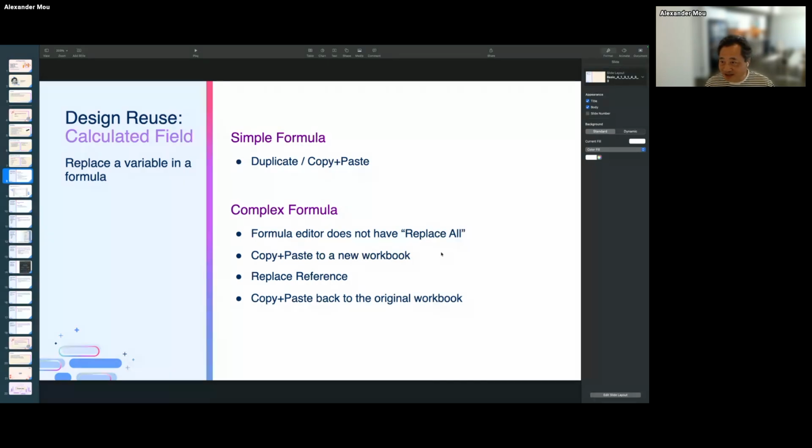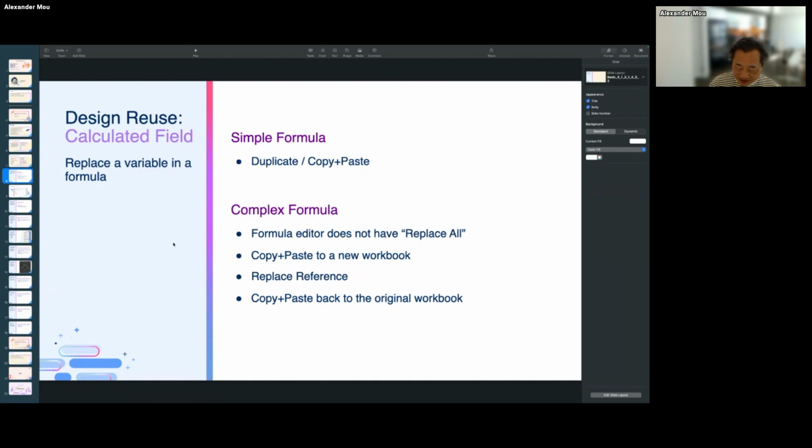Say there are 10 instances of sales in one formula. To replace them, we have to do it 10 times manually. However, we can copy and paste it to a new workbook, do replace reference, and then copy and paste back to the original workbook.